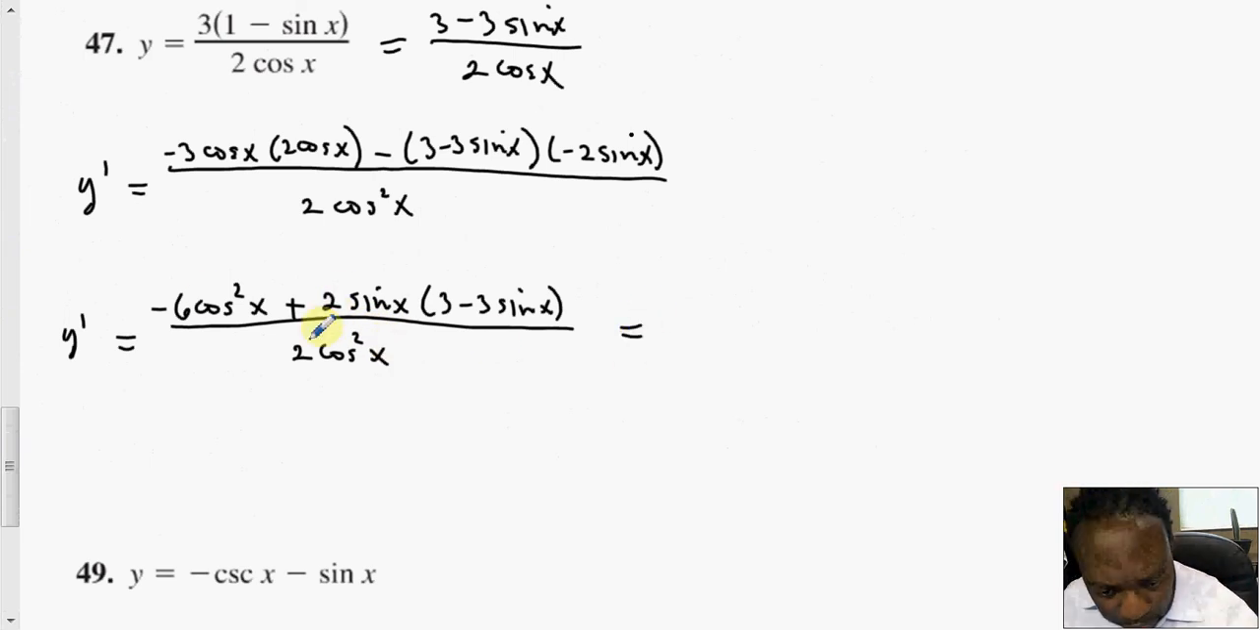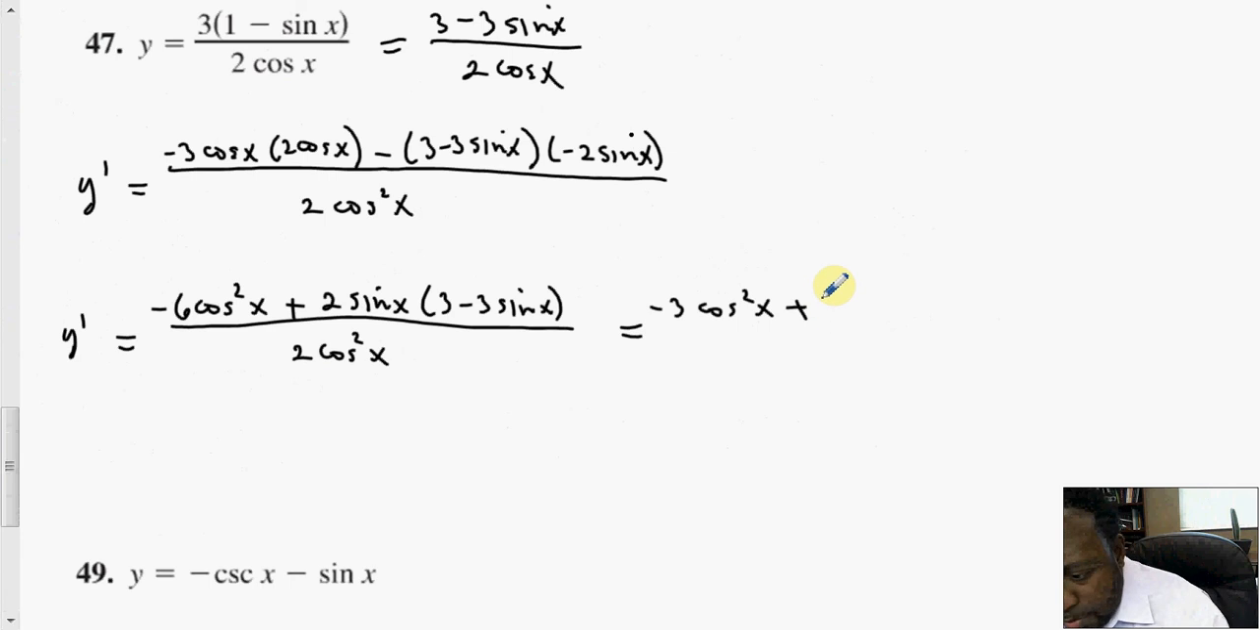Now I'm going to go ahead and lose the 2. I'm just going to factor out a 2 from the numerator and cancel out that 2. So that leaves me with a negative 3 cosine squared x. Plus, now I'm just distributing that sign through the parentheses, plus 3 sine x minus 3 sine squared x all over 2